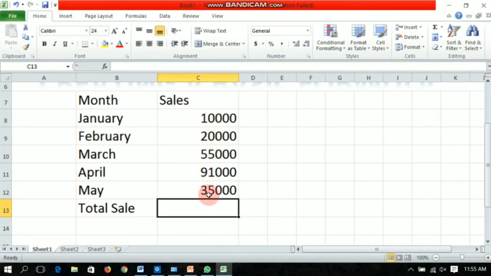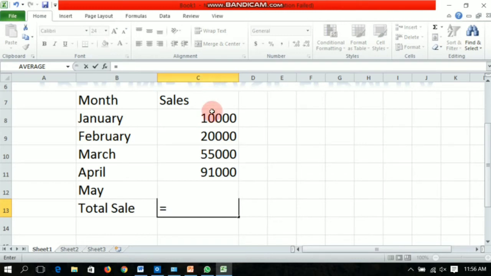You all know that we have to start any formula with an equal to sign. So first of all we will select a particular cell where we want the addition or sum of these numbers. We will press equal to, then the cell name. This is C8, this is C9, C10, C11 and C12.